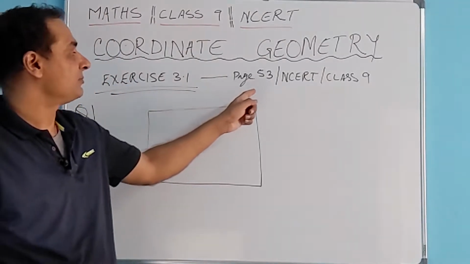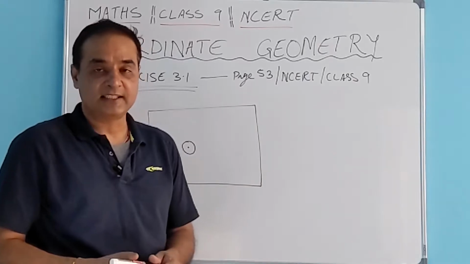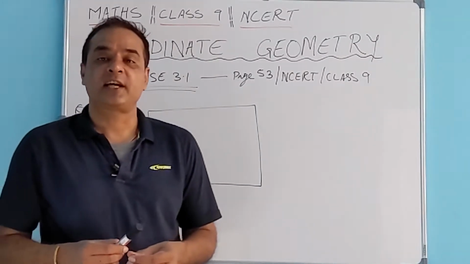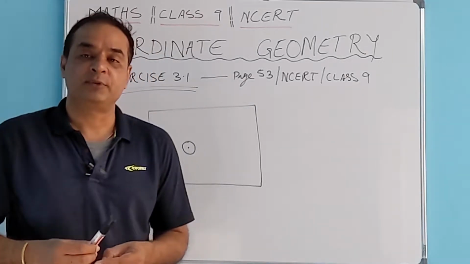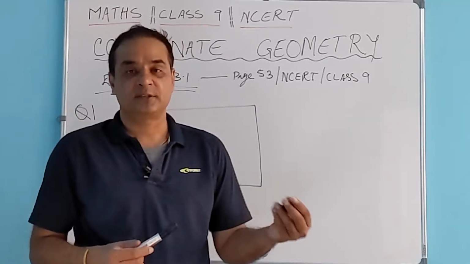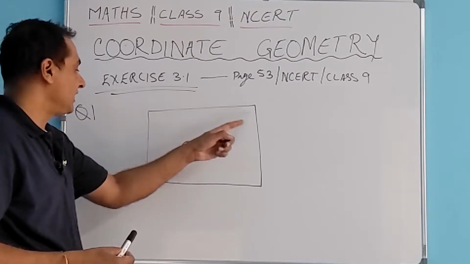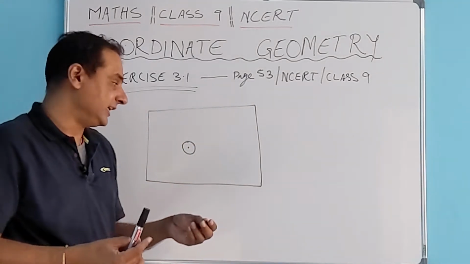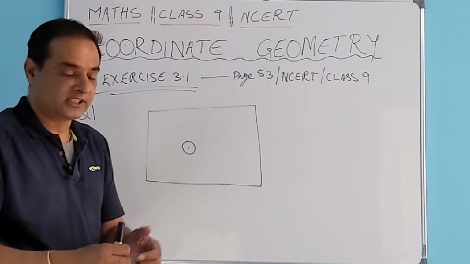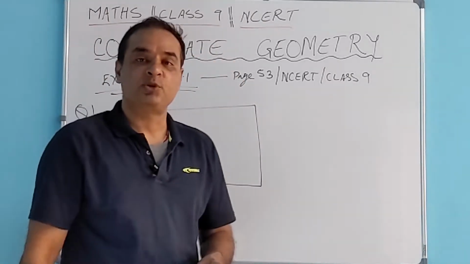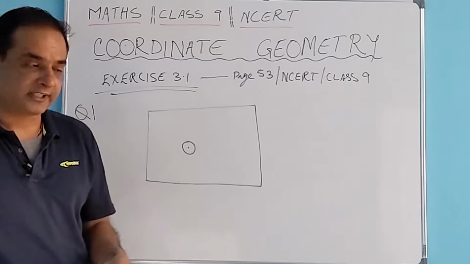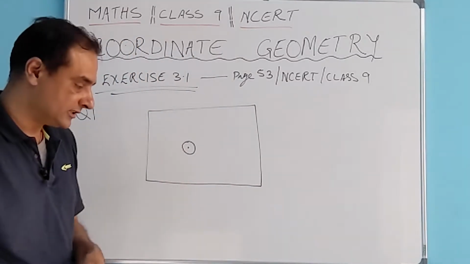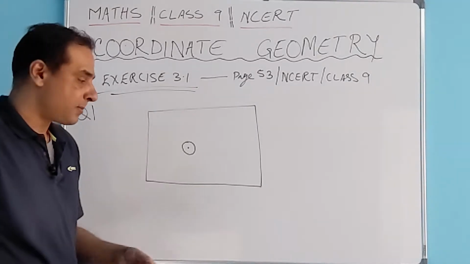It is given on page number 3 of the NCERT book for class 9. So the first question is, how will you describe the position of a table lamp on your study table to another person? So for example, you have this study table. This is the location of your table lamp. Basically, this is the base of the table lamp. And how are you going to communicate this location to your friend or maybe someone else over the phone, where you can definitely not share the pictures? So how to do it?